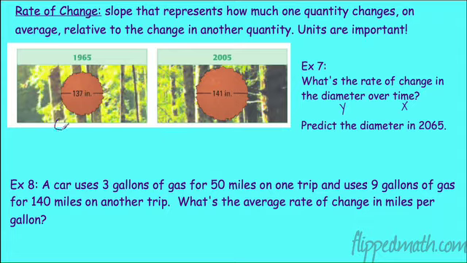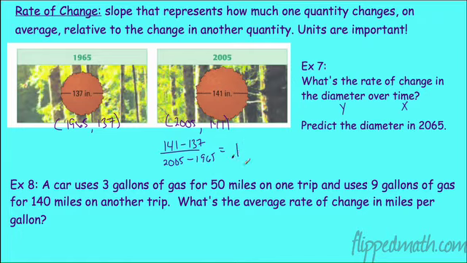So this is essentially just the point 1965, comma 137. This is the point 2005, comma 141. All right, then we can do our formula. 141 minus 137 over 2005 minus 1965. And we will get